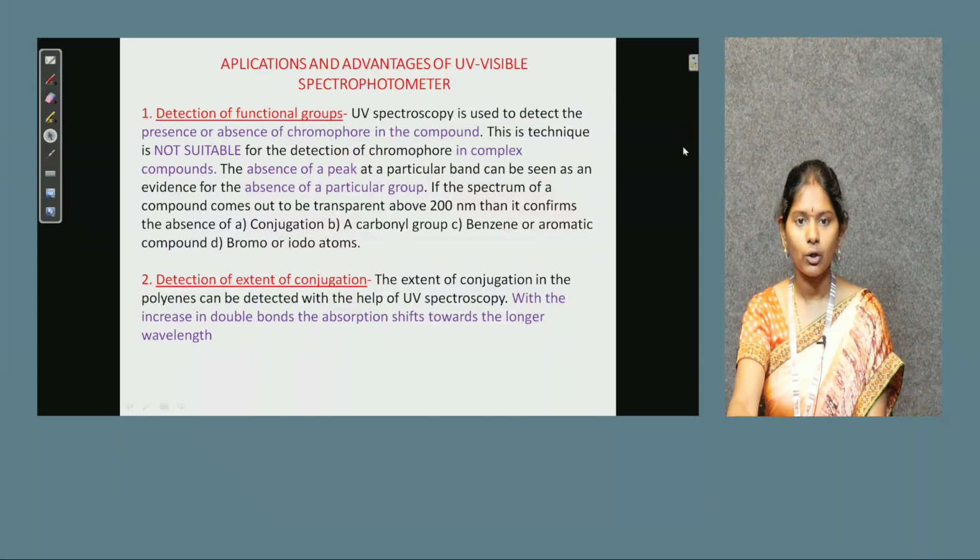For example, if we are conjugating any molecules on the surface of other molecules, we can also determine the concentration, or we can determine